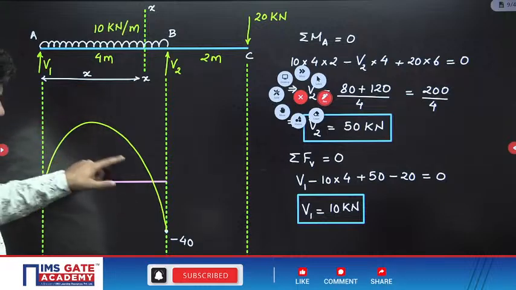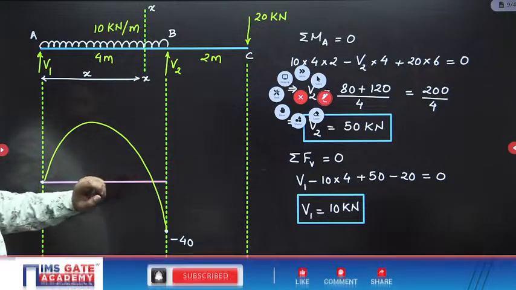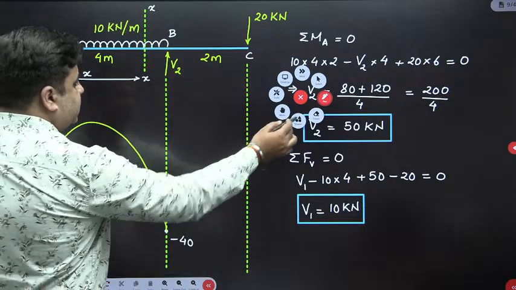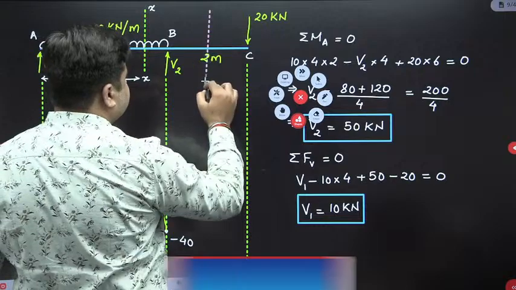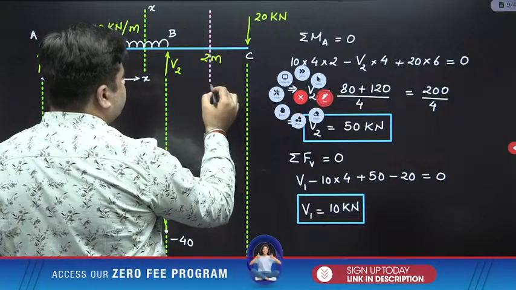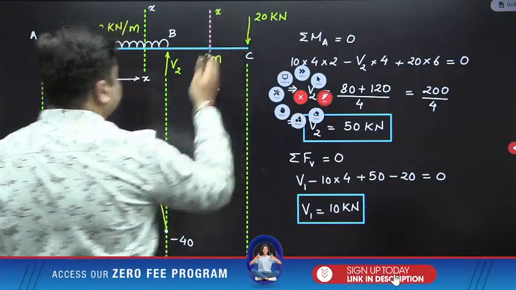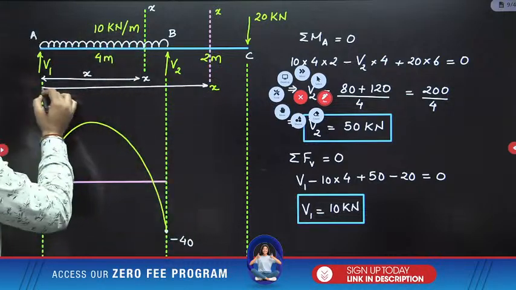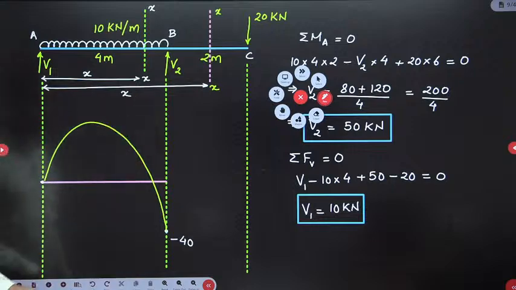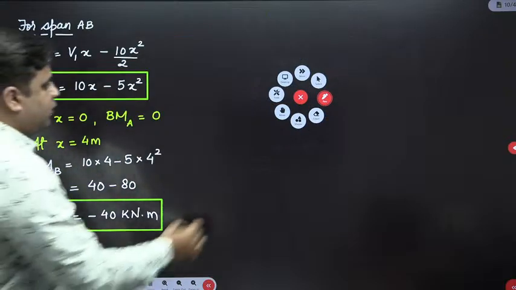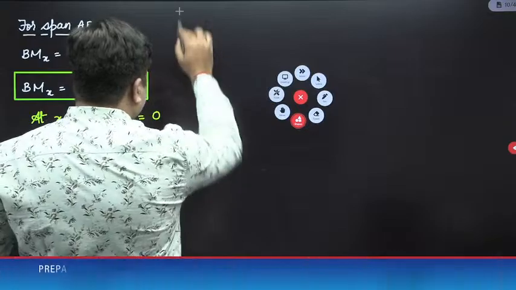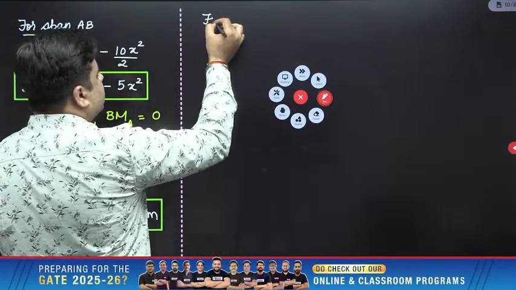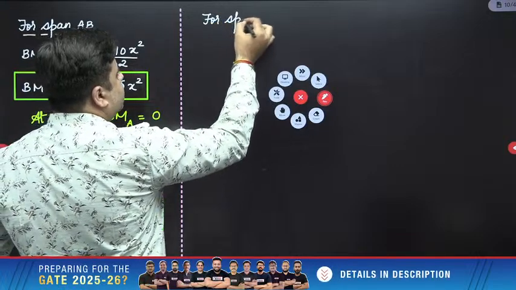This is positive here and then this is negative here. And after this, you have to consider one section XX on this portion BC. And again for this section XX, all the distances will be measured from your end A. Check this out. So for span CB,